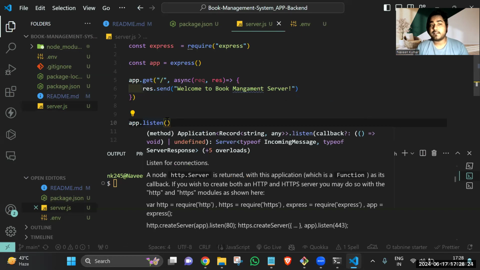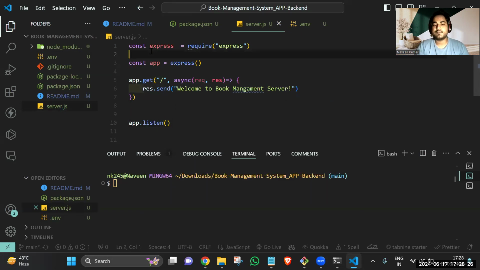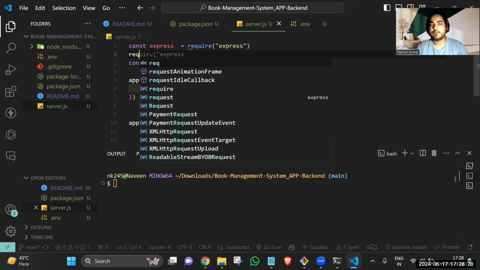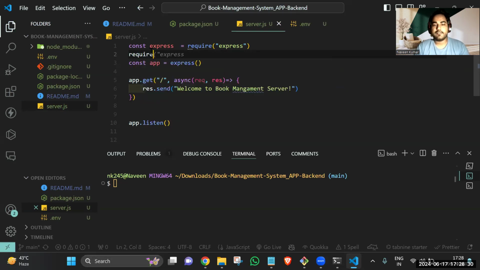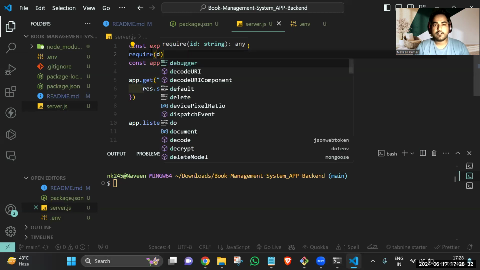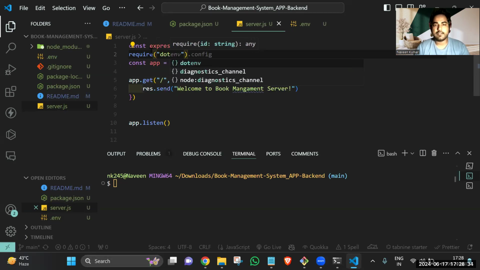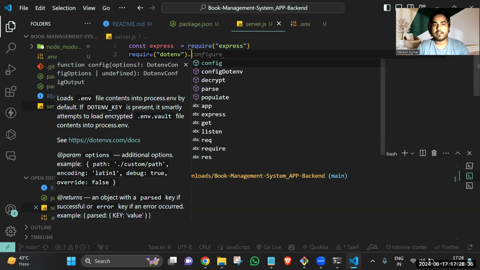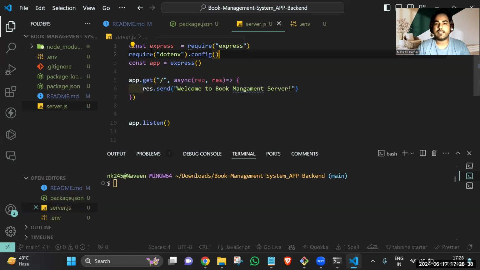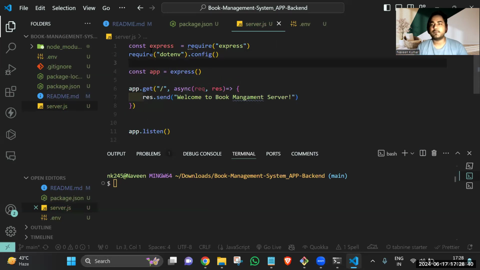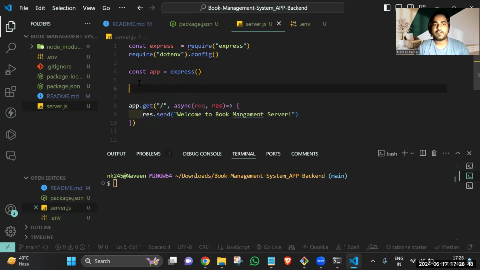But to import it, I need to first import the .env file and config. It will help me get access to the port number from the .env file, which is secure right now. And after creating the server on line number 5,